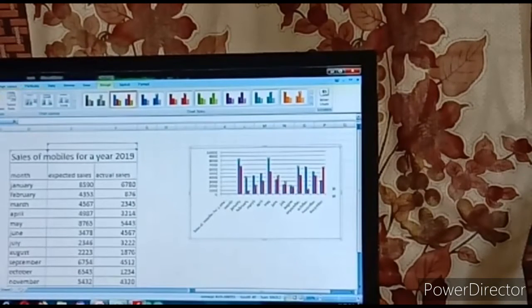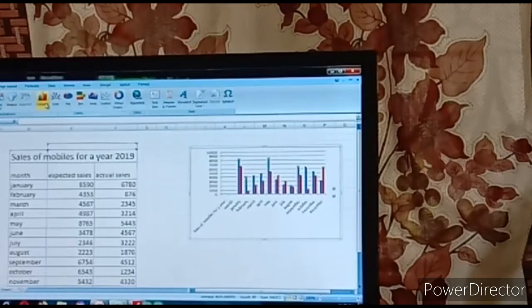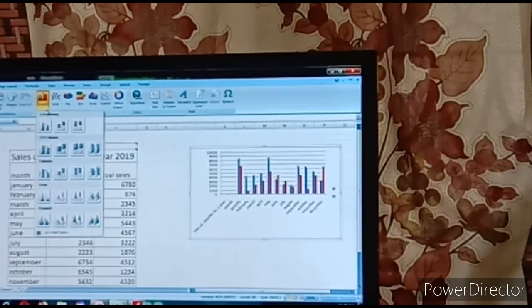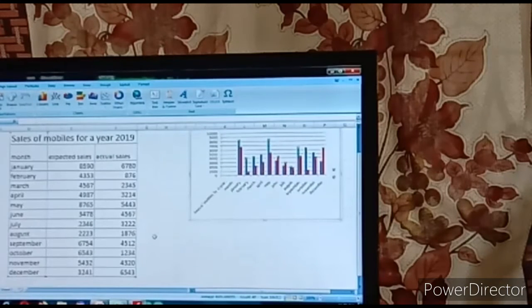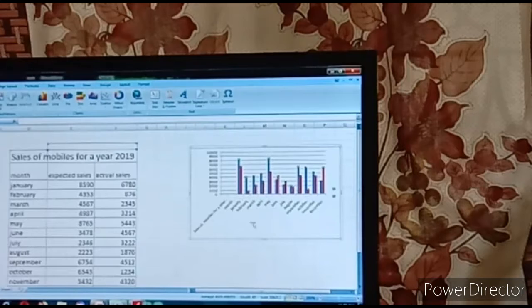See children, we have to go to Insert. In this Insert we have to go to column, and in this column we can select 2D column or 3D column, and by directly clicking on it we will get this chart. So this tabular form has been represented in the form of a chart.